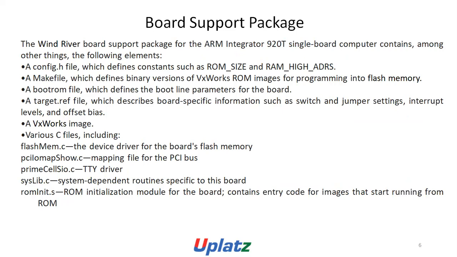Board package example: the Wind River board support package for the ARM Integrator 920T single board computer contains, among other things, the following elements: a config.h file, which defines constants such as RAM size and RAM base address; a makefile, which defines binary versions of VxWorks ROM images for programming into flash memory; a bootrom file, which defines the boot line parameters for the board; a target.ref file, which describes board specific information such as switch and jumper settings, interrupt levels, and offset bias; a VxWorks image as well; various C files, including flashMem.c, the device driver for board flash memory,